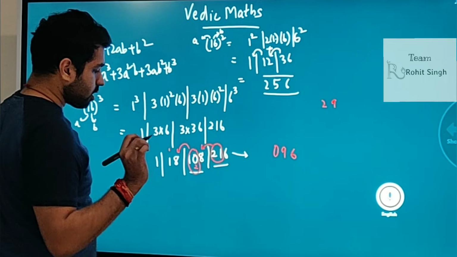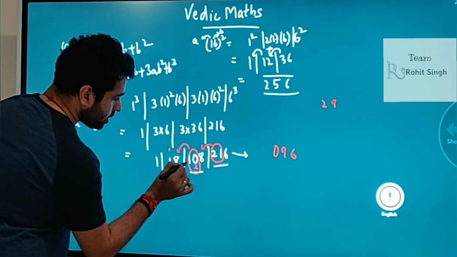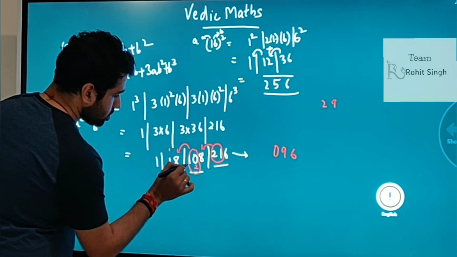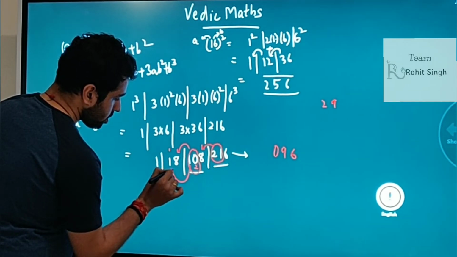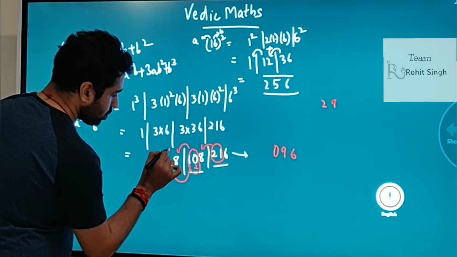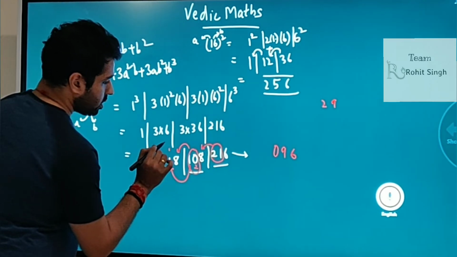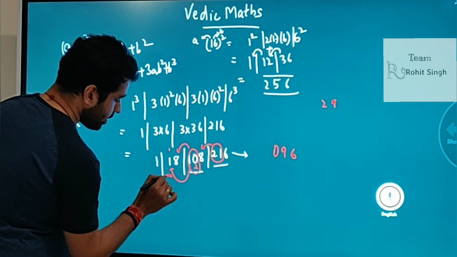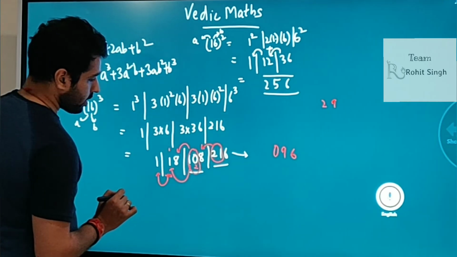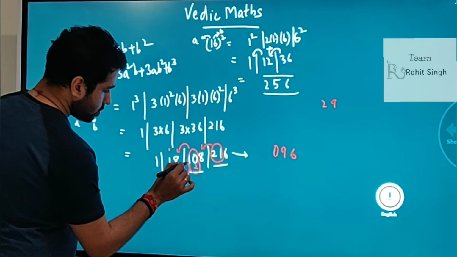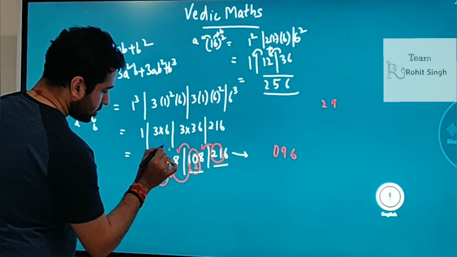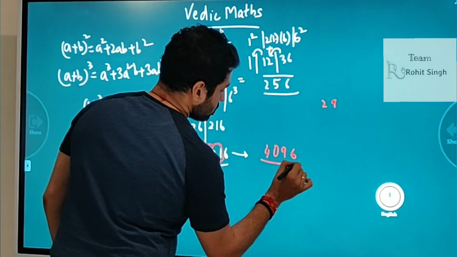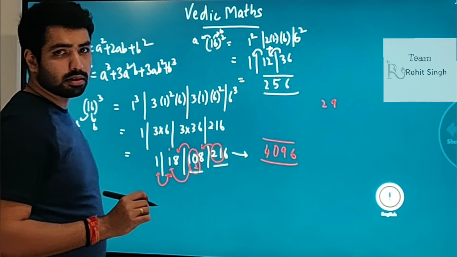Now here is the confusing part. Now we have this 1 over here, right? So this 1 is to be added to this 1 and this 1. So 1 plus 1 is 2, 2 plus 1 gives us 3. Now don't write the final answer yet. This value that we have is the tens place, so this has to be carried once again. So we get this 1 plus 1 plus 1 and plus 1. So totally there are 4 ones. So we get 4. So 4096 is our final answer.